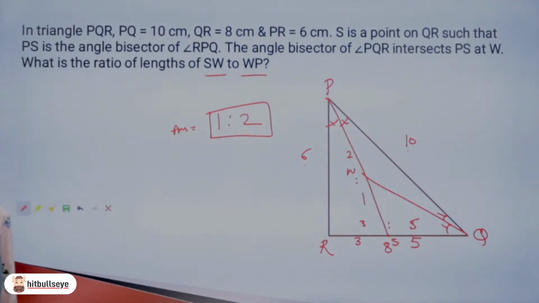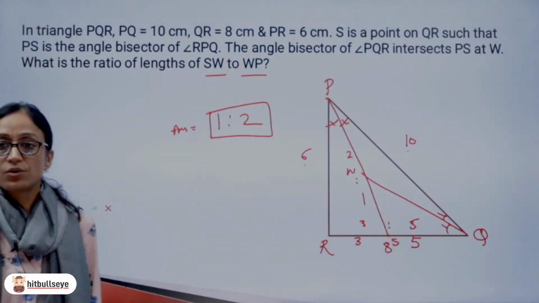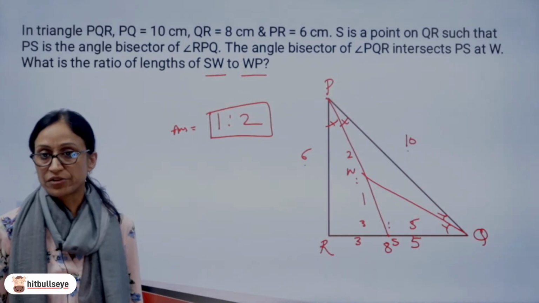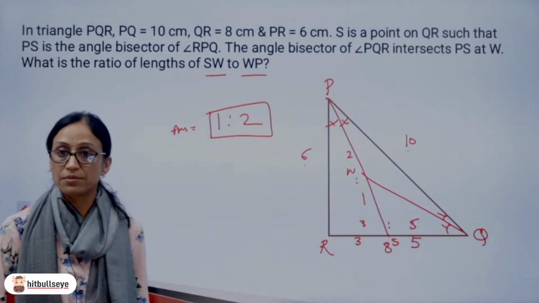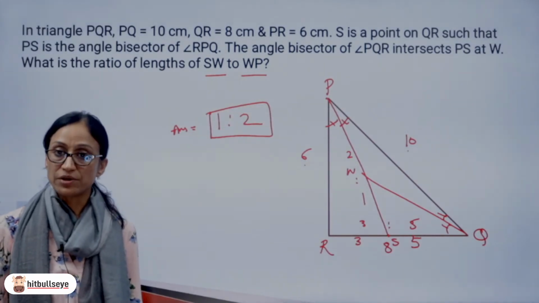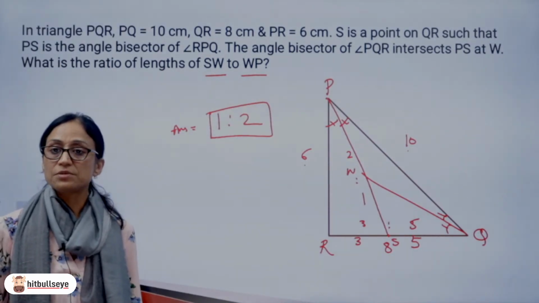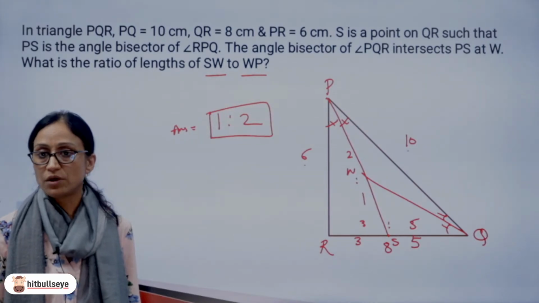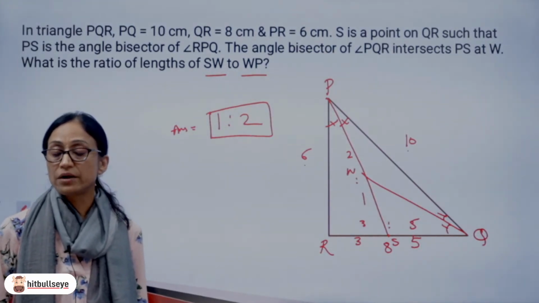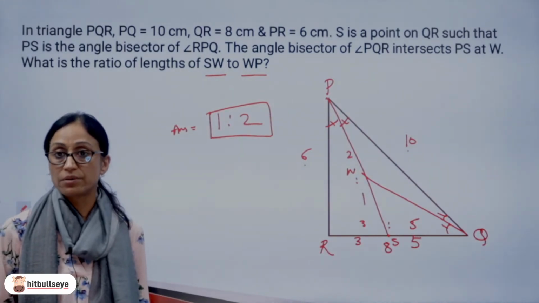And it was simply based on the concept of angle bisector theorem getting applied 2 times in this question. So angle bisector theorem or basic proportionality theorem, these are some typical theorems which definitely need a quick revision when you are preparing for geometry, because these are the theorems which might be difficult to prove but very easy to apply. The only thing which is required is you should be able to understand what the theorem says,